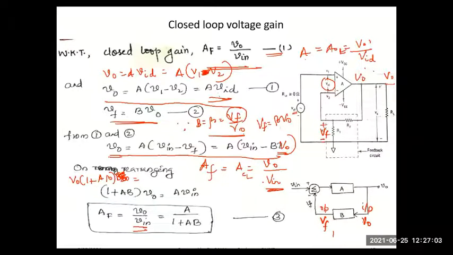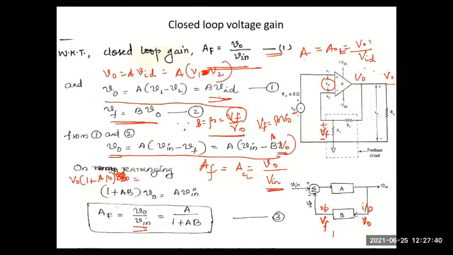Okay, now we will rearrange the terms. I have a V naught term on the right hand side and I have a V naught term on the left hand side. Let me shift this term on the right hand side to the left hand side. So what will I get? I'll get V naught into 1 plus A beta or AB. I told you we are used to calling this beta rather than B. So if I shift it to the left hand side, I'll get 1 plus A beta into V naught is A times Vin. Only this remains, right?